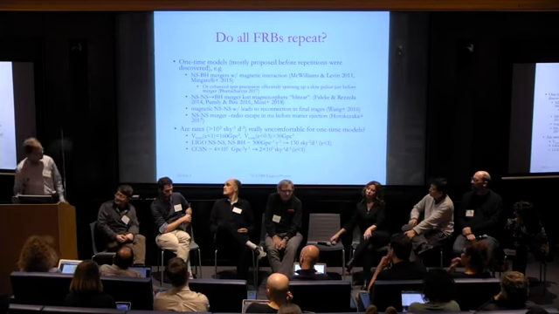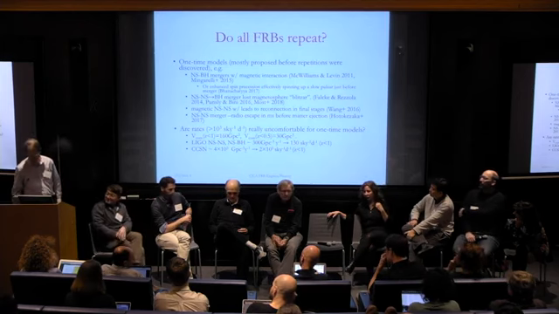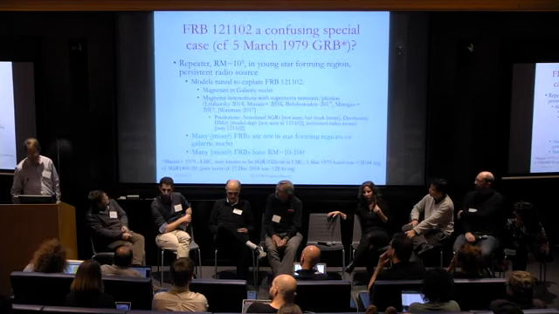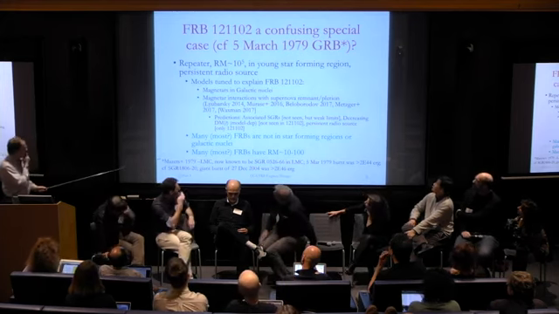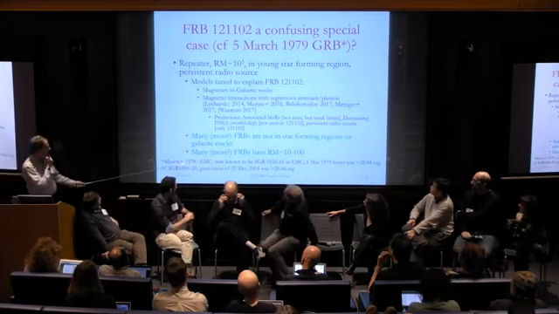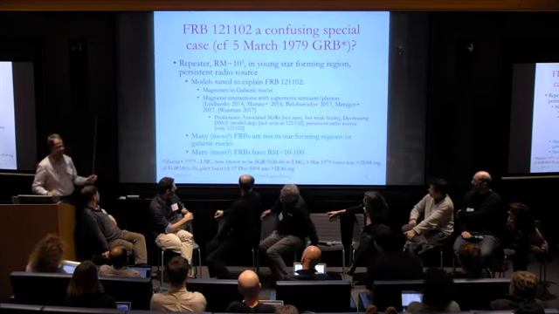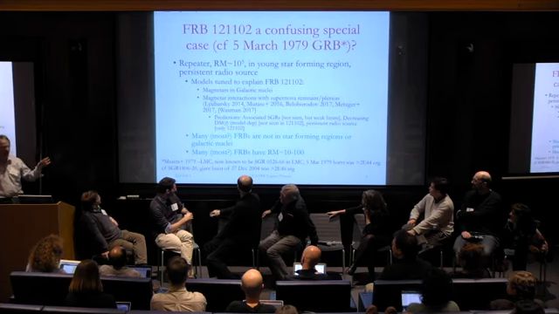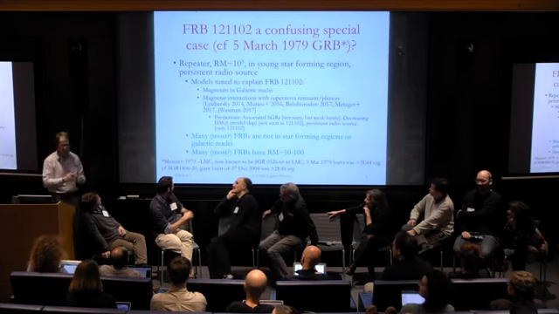So I think the same engine, in a sense, can have lots of repetitions with slight modifications. I just wanted to bring this up again. When I was young, I went to a whole conference on the March 5th, 1979 gamma ray burst. That was the prototypical gamma ray burst, and it constrained all models of gamma ray bursts and determined the models.